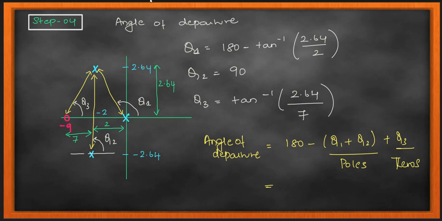So the angle of departure is 180 minus theta 1 plus theta 2 plus theta 3, and that is going to come to, let me compute it. You can use your scientific calculators for these things and solve it in the exam. I'm going to get it as minus 6.4. So most of the marks are for the steps, because no entrance exams are going to ask you to plot